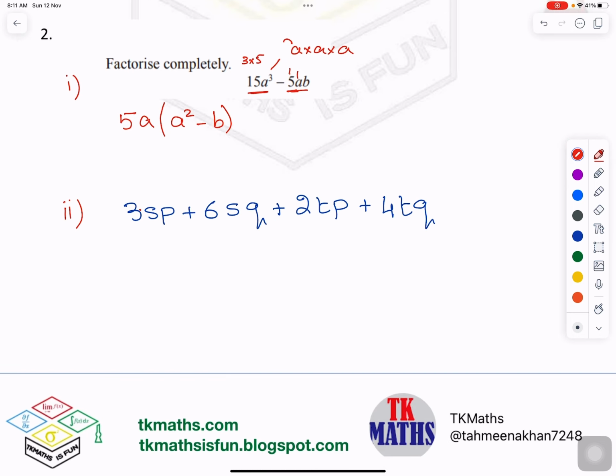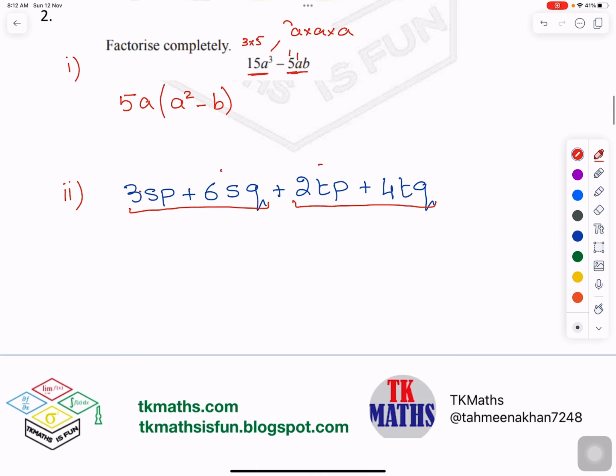For part 2, when there are 4 terms, you make pairs. Sometimes pairs are made as they are and sometimes the places need to be shifted. Maybe this needs to shift here, this needs to shift here. It depends on the question, but the technique is the same. In this case, I can make a pair of this. Why? I see common s here, and between 3 and 6 I see 3 common, because 6 can be written as 3 times 2. So if I take 3 as common out and make a factor,